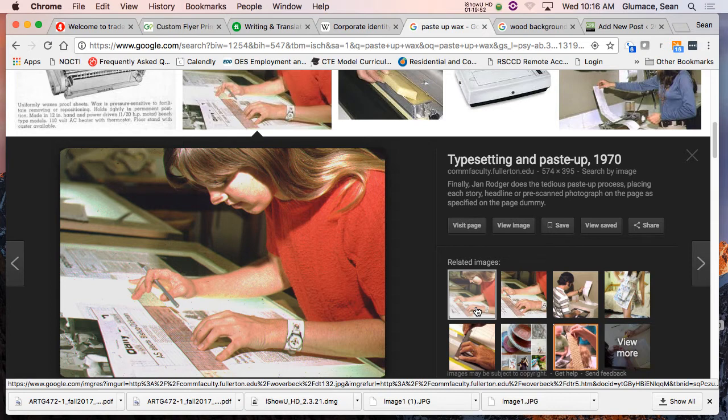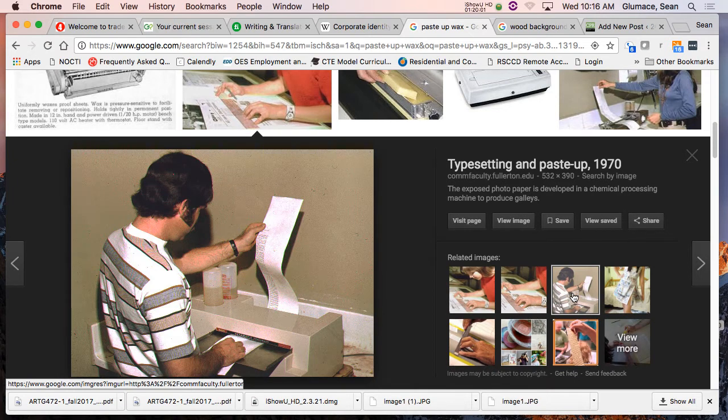So just be glad. And honestly, if this was back in, oh, look at that. That's actually at Fullerton College. That's their news. Oh, here you go. Waxing a page. So if we were in this classroom, that's what we would be doing right now in this program. This replaced all of that. This little guy right here replaced, and all these people lost their jobs. We're talking thousands upon thousands of people in the industry lost their jobs overnight.